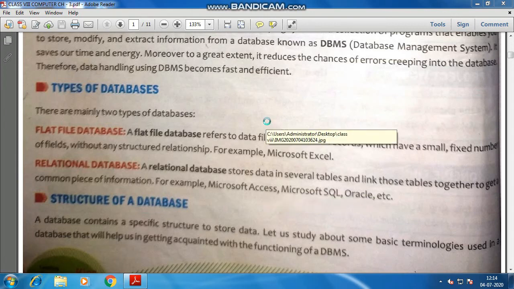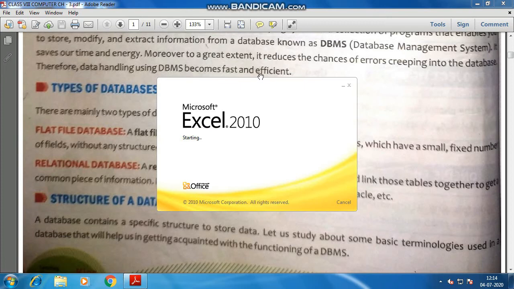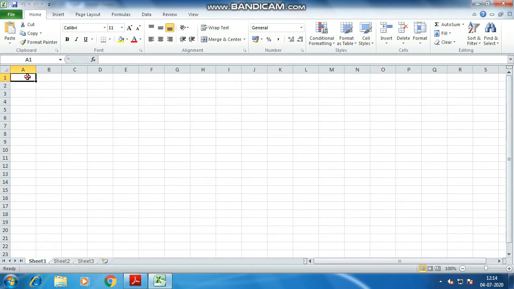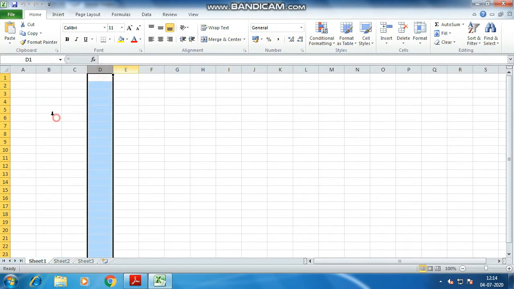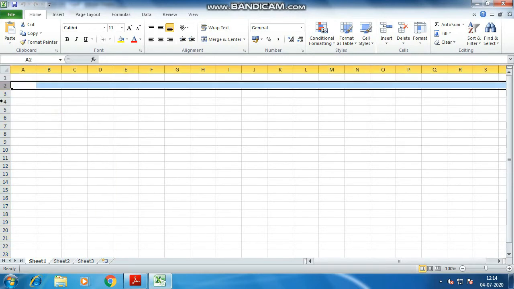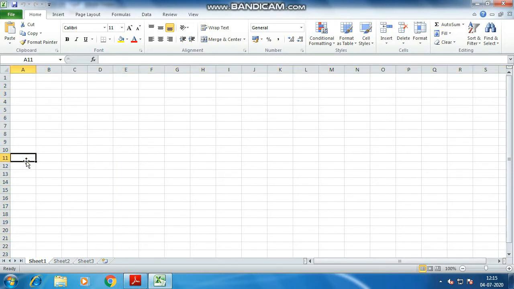Okay, it is open now. You can see this is Excel, and this is known as a row, this is known as a column. We have columns A, B, C, D, and so forth, and we have the rows 1, 2, 3, 4, 5, 6, 7. These are rows. So this is a flat file database.